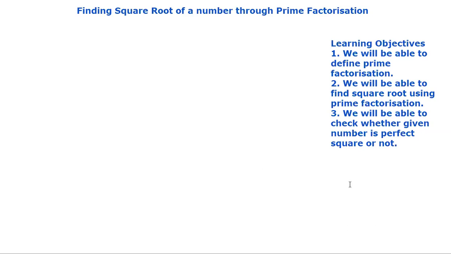What is prime factorization? Now, I have taken an example over here. I have taken a number 64 over here. Now, what do you mean by prime factorization? First of all, we need to understand what is a prime, right? So, prime numbers are those numbers which have only two factors. And which two factors? 1 and itself, right? 1 and the number itself. So the numbers who are having only two factors, 1 and the number itself, are called as prime numbers.